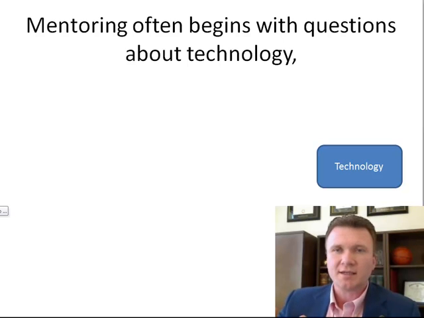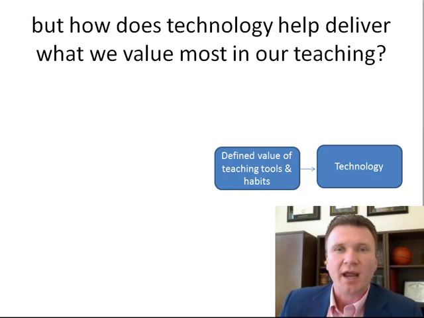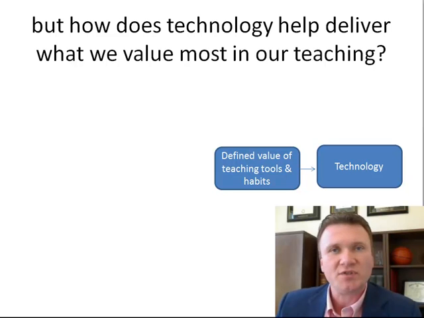But we'd like to approach that from a different perspective, and so the mentors can play a critical role in walking faculty back in the process before they jump into choosing what kind of technology they're going to use. And the step right before that would be to define the value of different teaching tools and habits that they're already using. And so the sense is for them to put some thought into what do they do now in